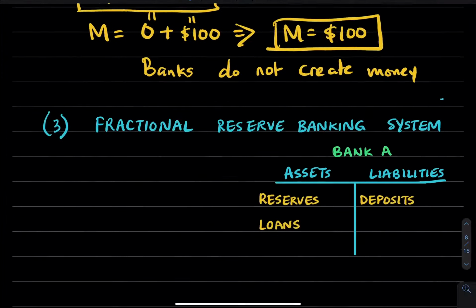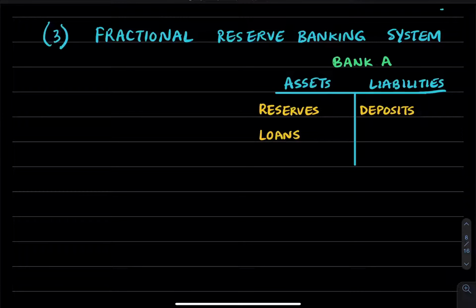Now the third scenario is called the fractional reserve banking system, in which the reserve requirement, we can roll with one example, which is what you're familiar with now. If the reserve ratio is 10%, then this is saying that the Fed requires the banks to hold 10% of their deposits as reserves. So if deposits are $100, reserves are going to be $10, and then the rest can be used to make loans, which is $90. Okay, so in this case,